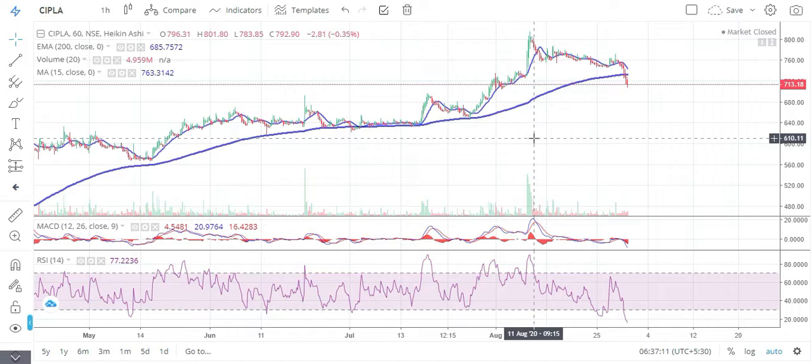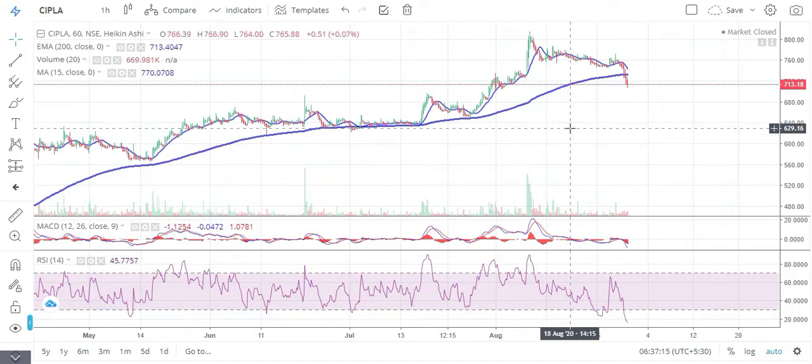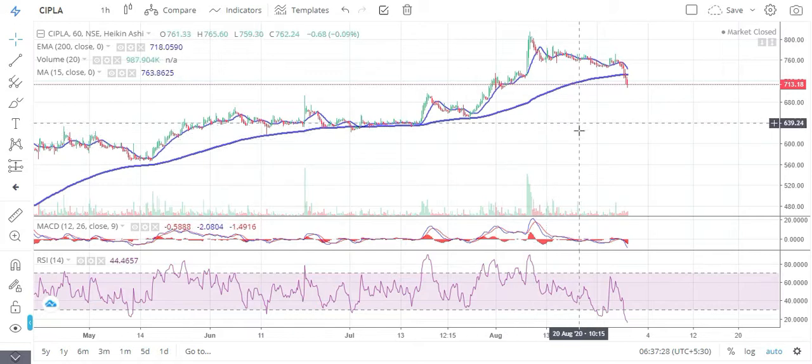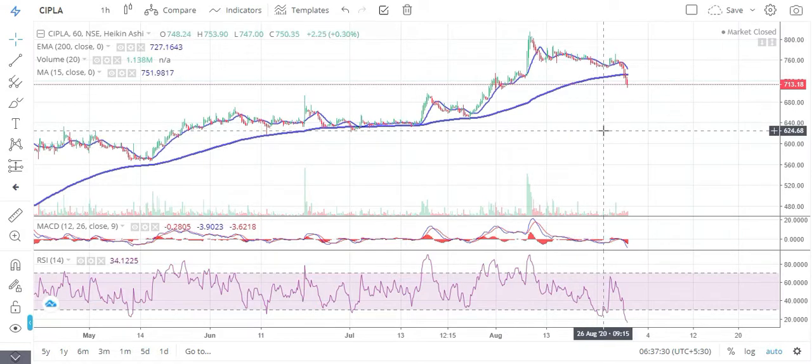I kept getting a lot of questions, people asking me what exactly is oversold and overbought, how do you decide? Do you look at the resistance and supports and decide, or how do you decide? So that's why I'm making this video for you guys to understand in very simple and basic terms. It's not that complicated, it's very simple. So let me give you a small example.